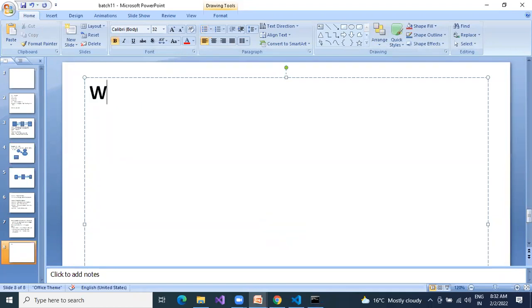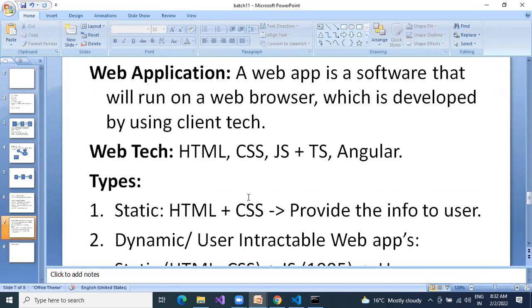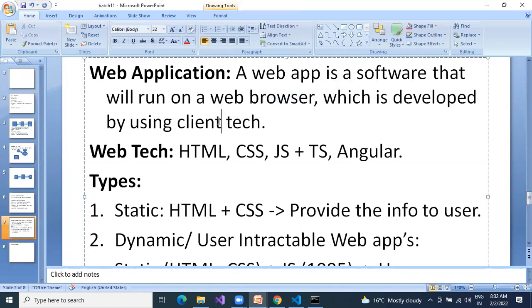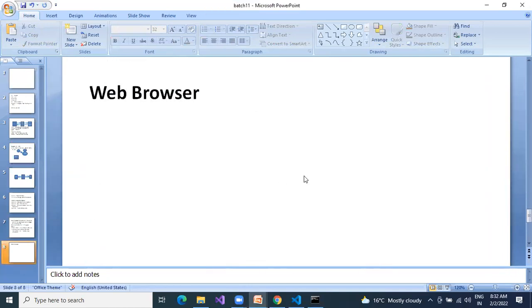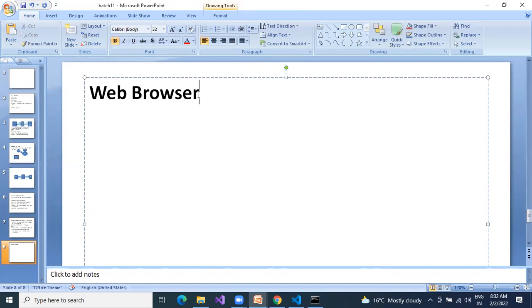So what is a web browser? In this definition, we have seen two things. First one is the web browser. Second one is the web technologies. We have seen that client technologies are nothing but web technologies. Next, what is a web browser? A web browser is also a simple software.